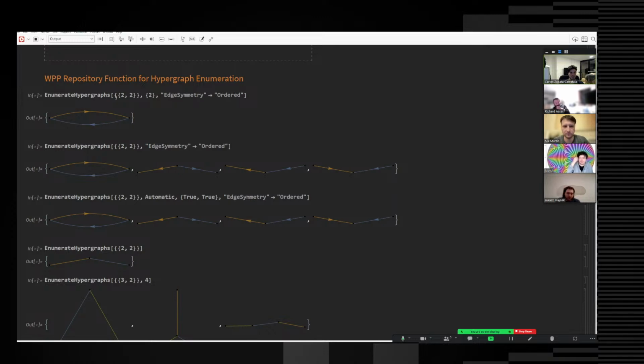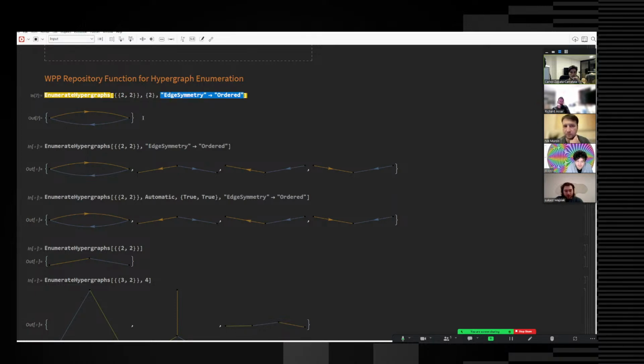So what are these numbers? This is the signature of the hypergraph, right? This is saying you have two binary edges. So this is the arity, and this is the cardinality, the number of edges of that arity. And this is controlling the cardinality of vertices, this argument, and then you have options. So this one here is simply generate all the hypergraphs with two vertices. This is exactly two vertices, right, Nick? Yes. So exactly two vertices that have two binary edges, and you specify that it should be